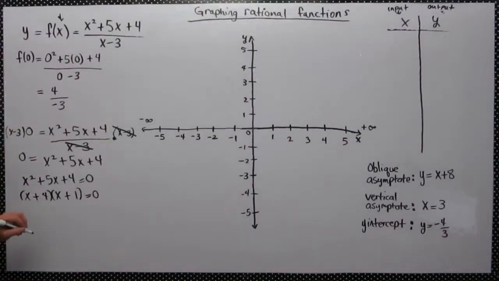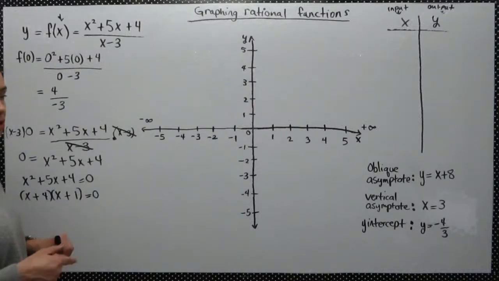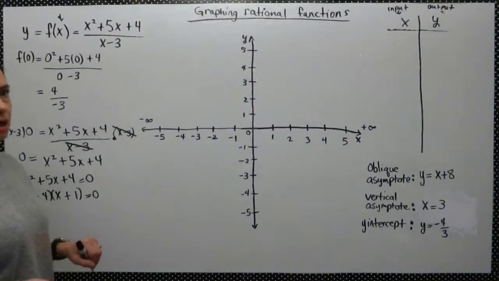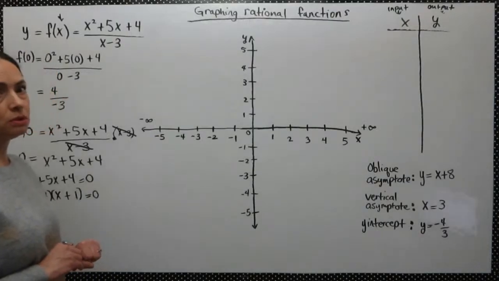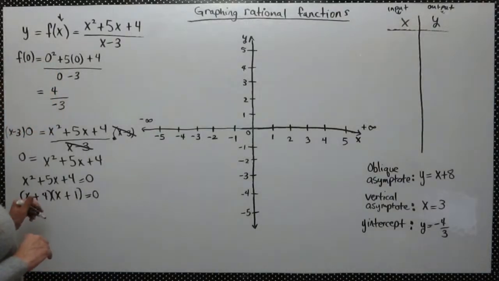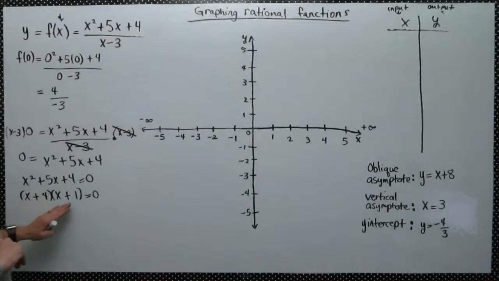And if it doesn't factor, you can still find those zeros. You would use the formula, which is good for every one. Well, the quadratic formula and completing the square will work for any of them, but you pick your poison, you decide which one you like best. Anyway, looks like we have 2 x-intercepts